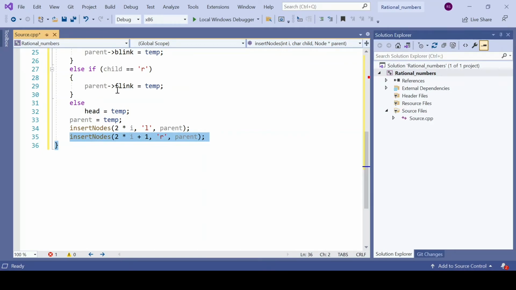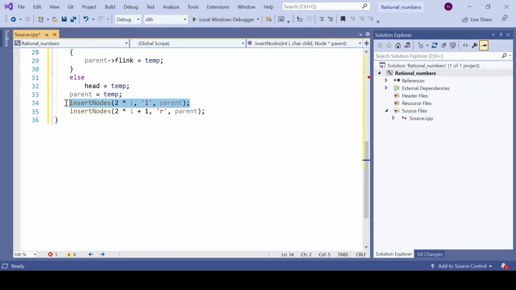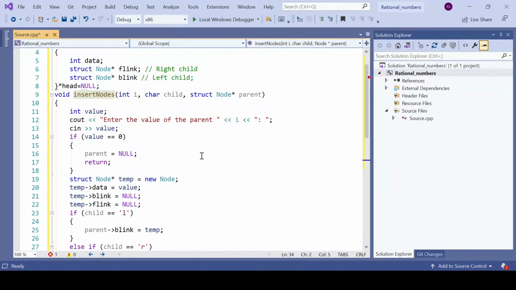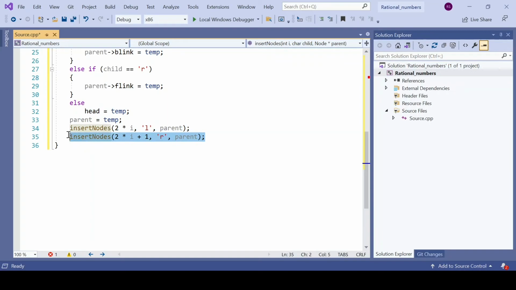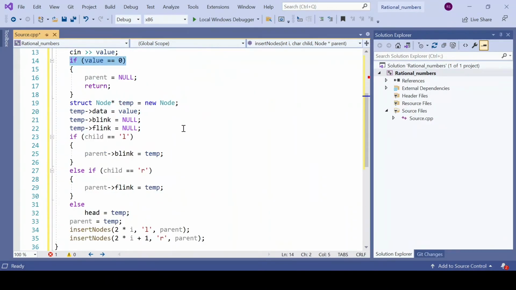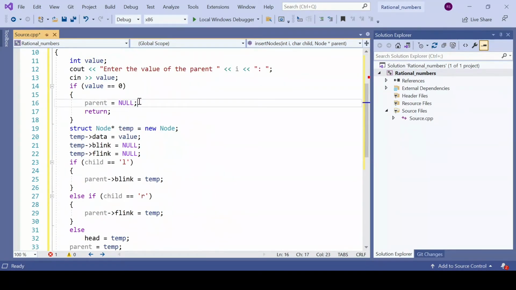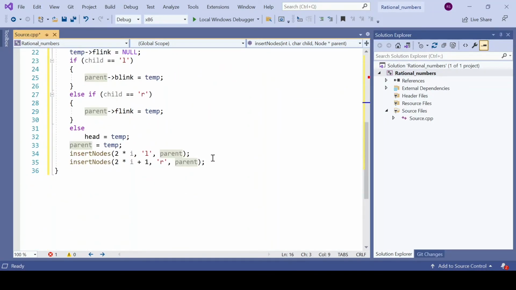So once again the recursive call will start, and the execution will commence again for this function, and now it will ask you to enter the value of the parent. If you enter 0, then it will conclude that there is no left child for this parent, and it will check whether it has any right child. So a recursive call will be made for the right child, and for that also if you enter 0, then it is treated as a leaf node and no insertion will happen for that particular node, and the null value will be assigned to that pointer. And so this is how the insert logic works.